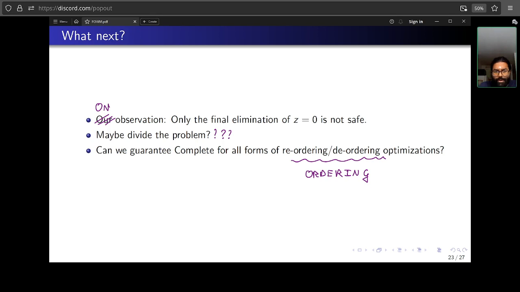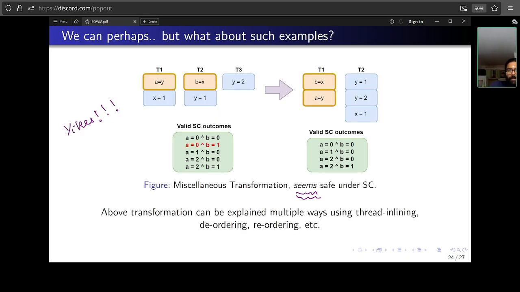Let's just say, can we guarantee I get safety of all forms of ordering optimizations? We asked that question. We said, okay, let's not worry about elimination and introduction. Let's just look at simple reordering, deordering, and so on. Okay, it looks like a simpler problem, but